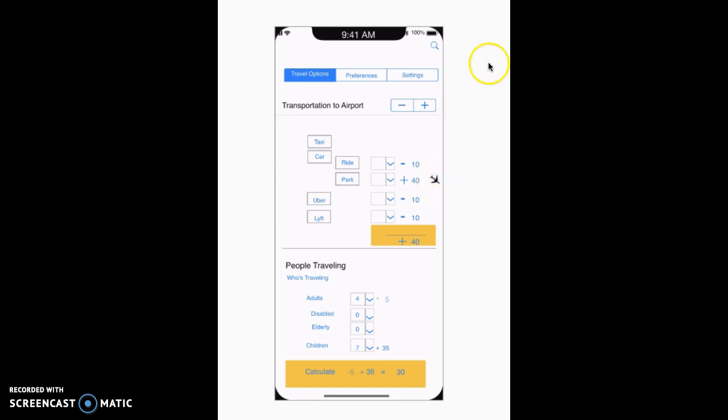This basically goes through and asks you about how you're going to be traveling to the airport. It will have a drop down box, and then it carries forward the information. It will ask you about the number of people traveling, how many children, if there's any disabilities, things of that nature. And then you can click